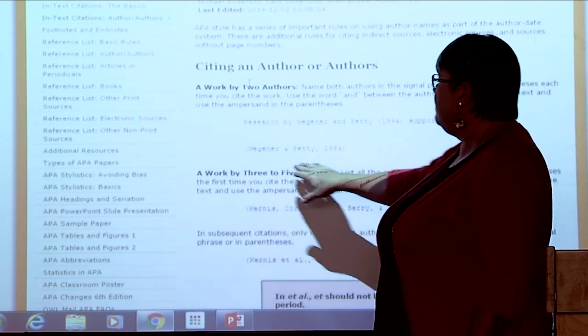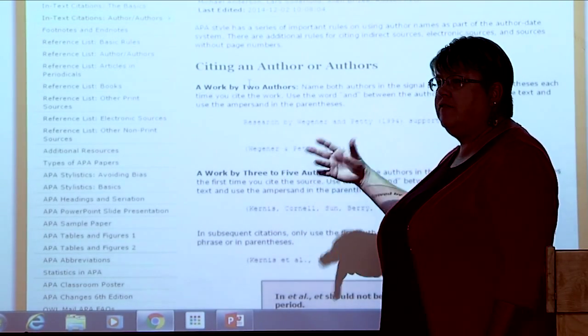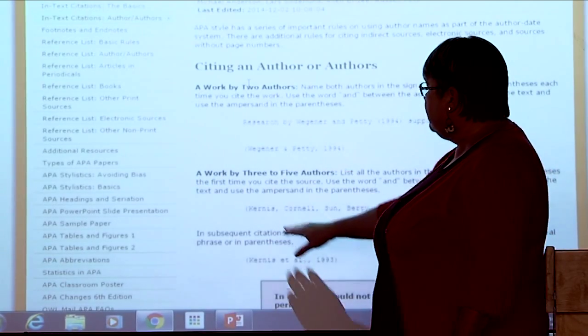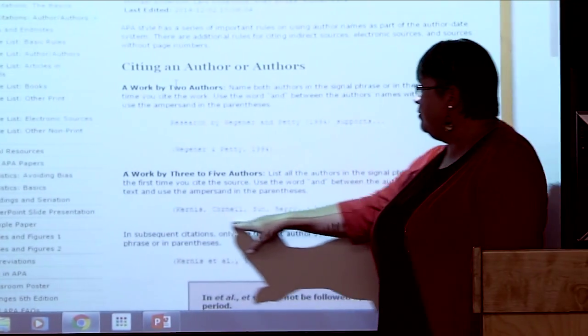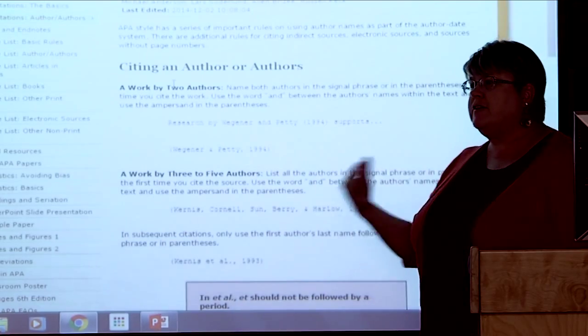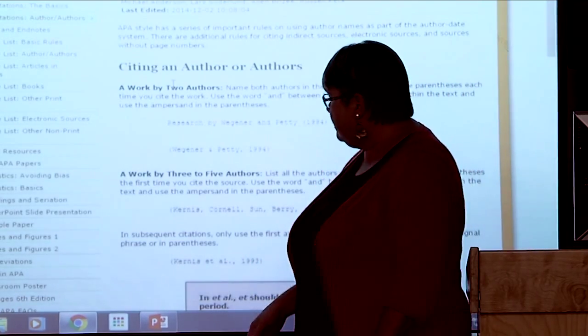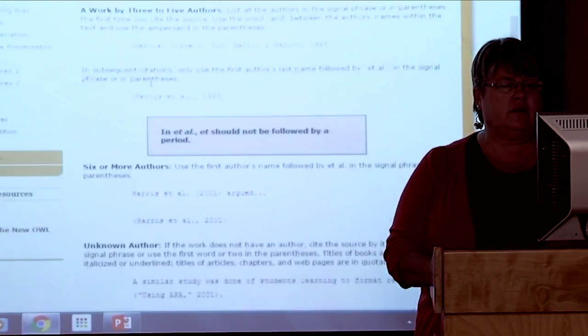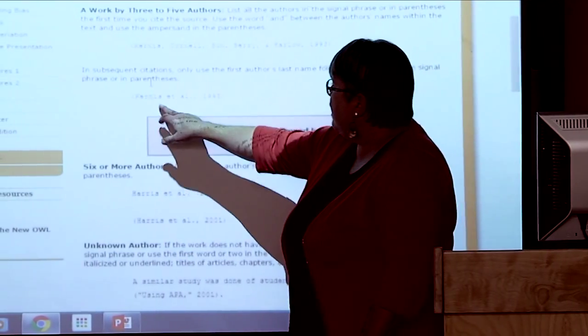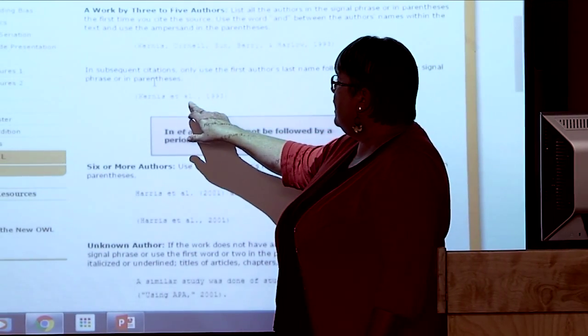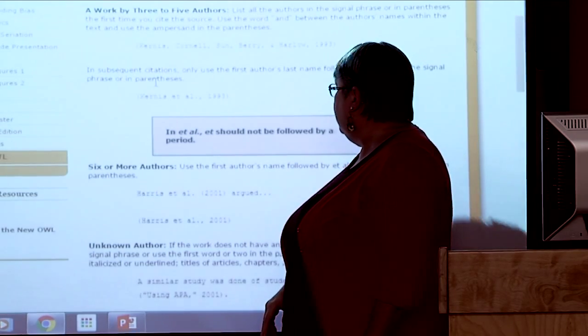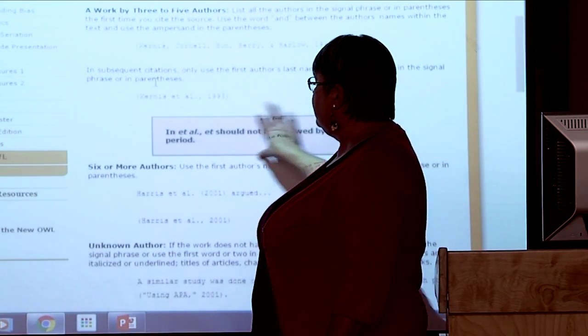So I had to look it up. If it's just 1 or 2 authors, then I put both names in there all the time. If it's 3 or more authors, the first time I cite it I put in all the names. Every time I cite it after that, I use the first name and then et al. with a period. And it tells me how to do it.